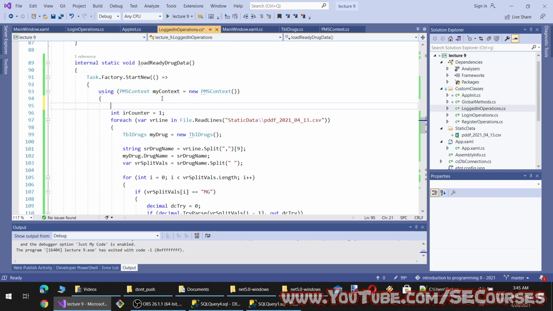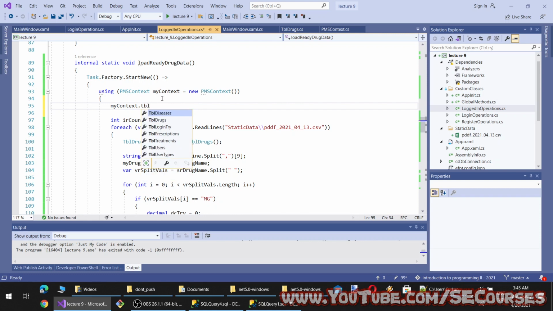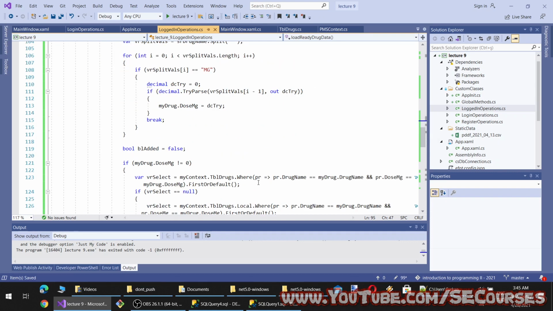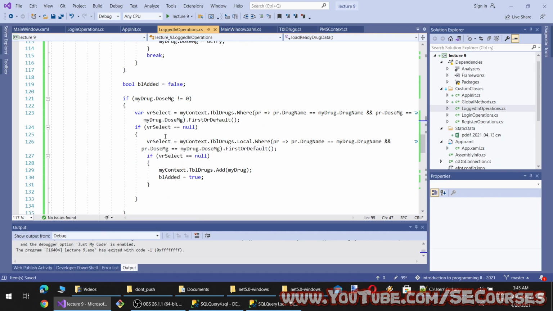I will load, okay, to cache. How am I going to do that? So this will load everything into the cache. I think, yeah. Then first I will check the cache.